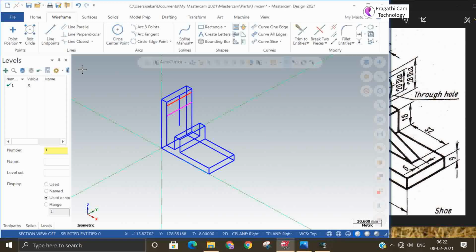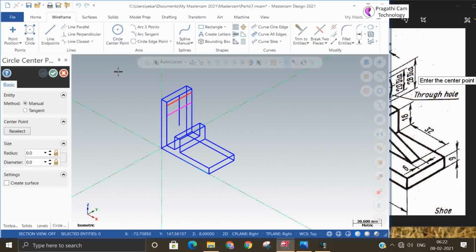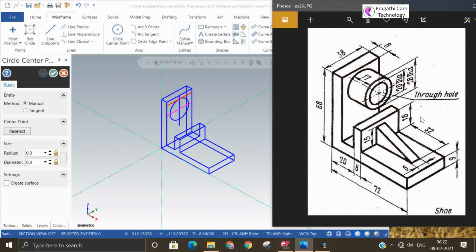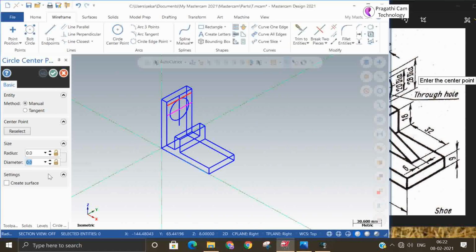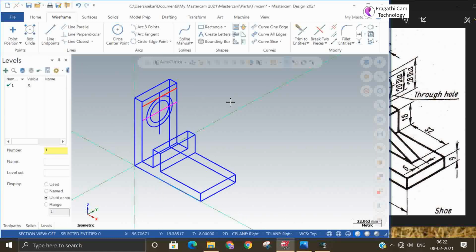Please check whether you are in the correct plane. Okay. So circle, diameter is 28. Okay. So another circle, diameter is 20.